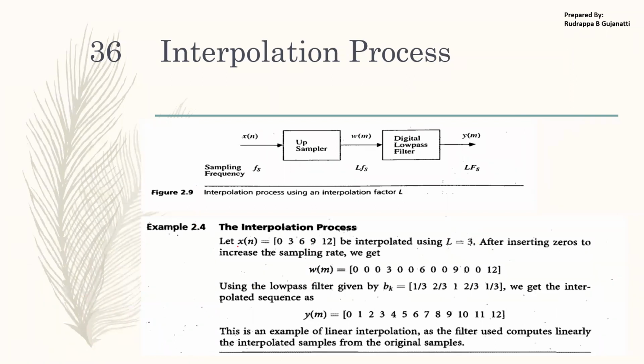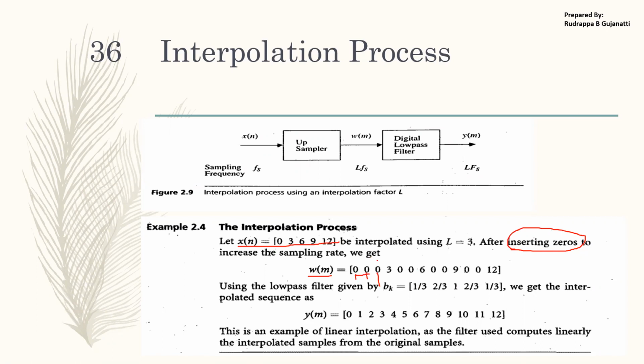So this is how I can obtain the overall sequence. For w of n, I have zeros. He has specified that we'll be inserting zeros at those locations, therefore we are taking zeros. If this was not mentioned and you want to continue, then you can keep the neighbors. What I showed previously was based on the neighbors. Here I am inserting zeros, right? x of 0 will be here.